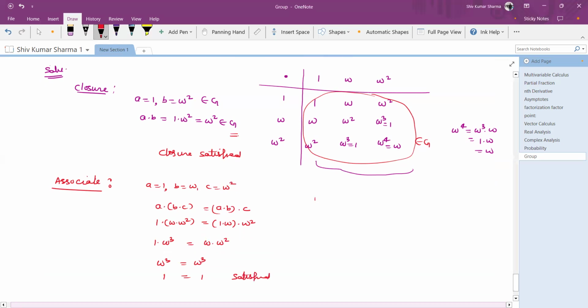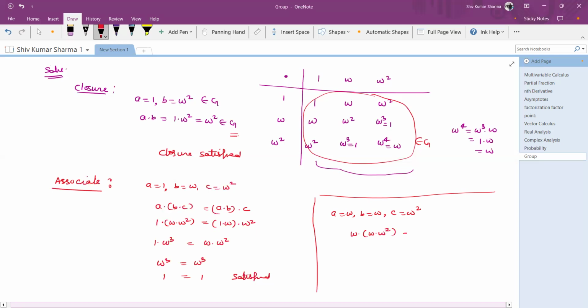It is not necessary that you take different or distinct elements. You can take the same element also. Same element means suppose we consider A equal to omega, B equal to omega, and C equal to omega square. So it gives the same results, means it satisfies the associative property. So you can write down as